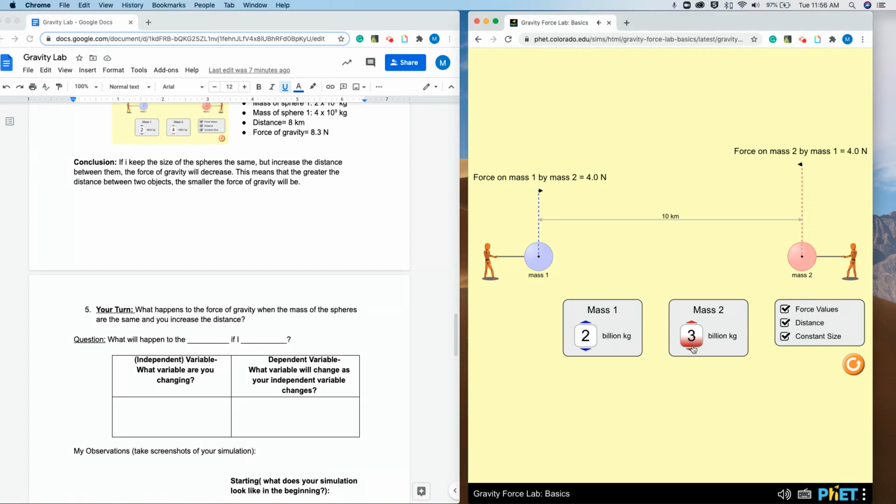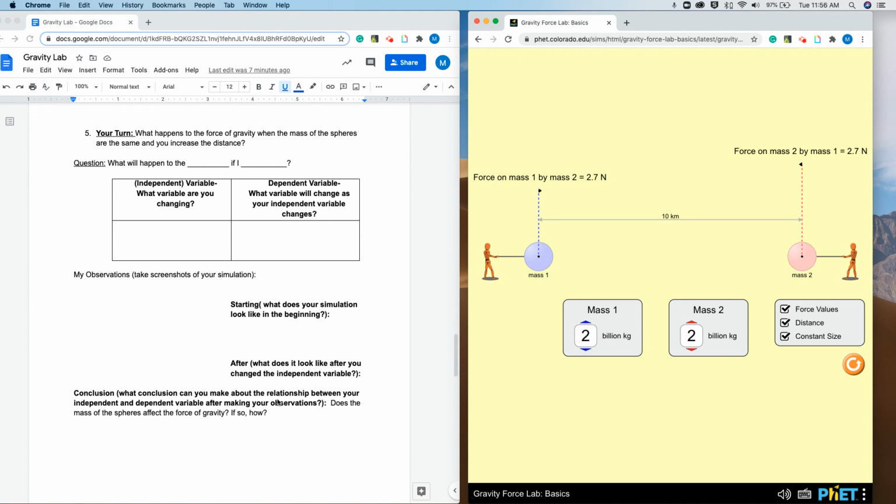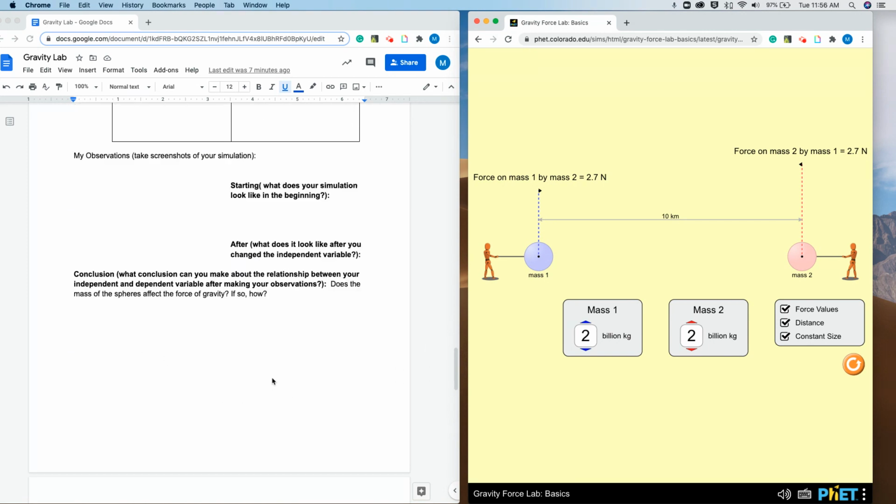So in this case, you'd bring it down to 2, and then you'll change the distance again and see what happens. Record your observations down here. Once you're done with that and recording your observations and your conclusions of how the mass of the spheres affect the force of gravity,